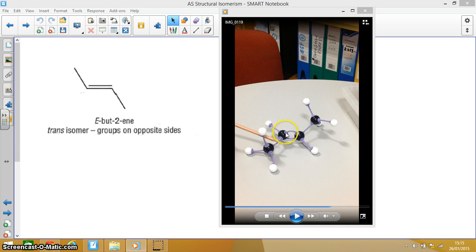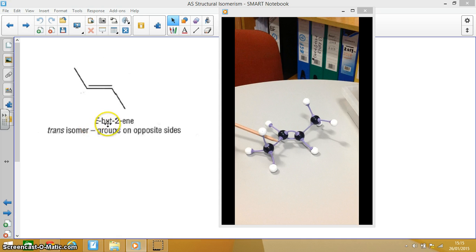We have the double bond, which is on carbon 2 to 3, hence but-2-ene, because it's a 4 carbon long compound. And you can see that carbon 1 and carbon 4 are actually opposite each other in the trans configuration, hence